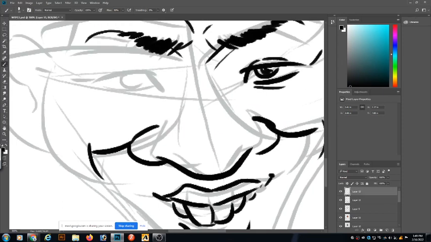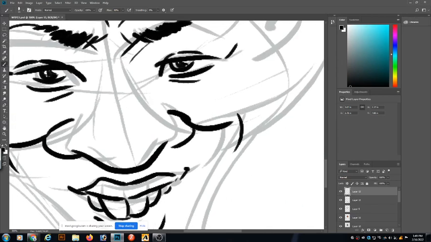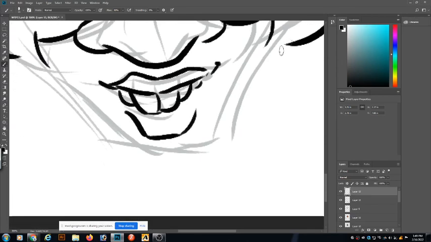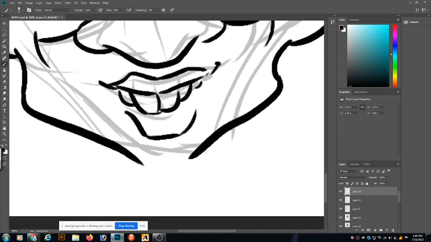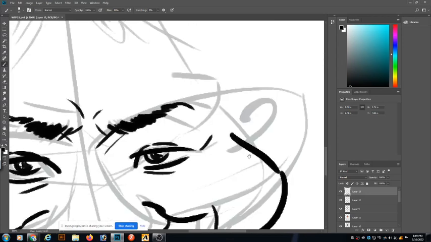Sometimes when we sketch, it's a bit loose on the proportions. What we can do now is improvise them back and try to get them done correctly.